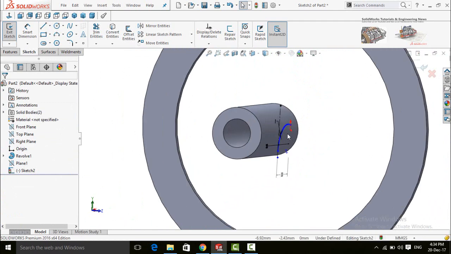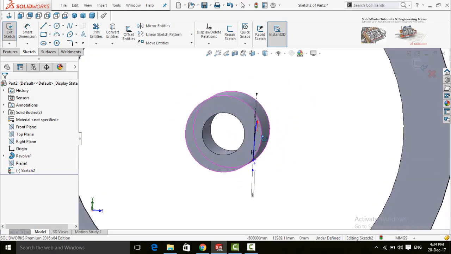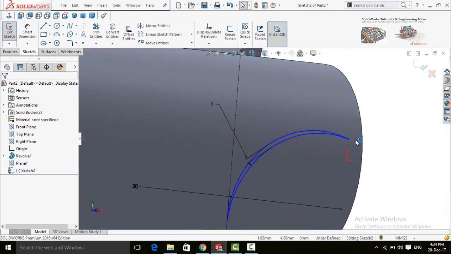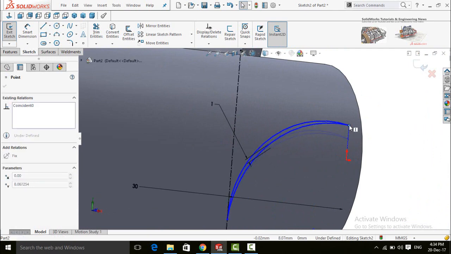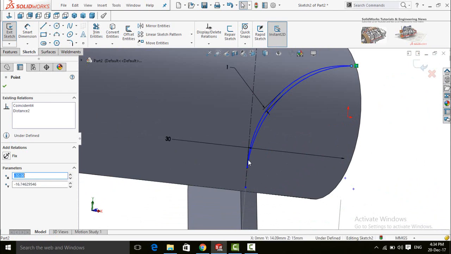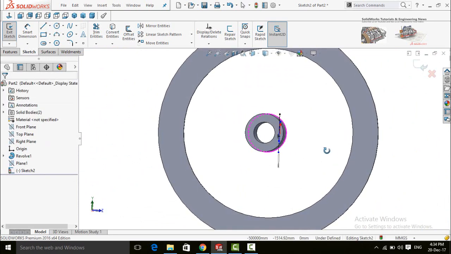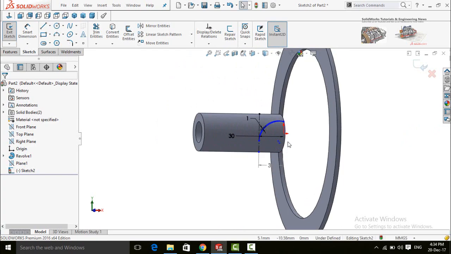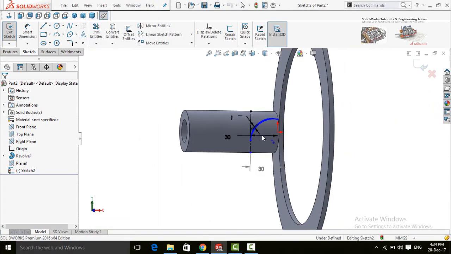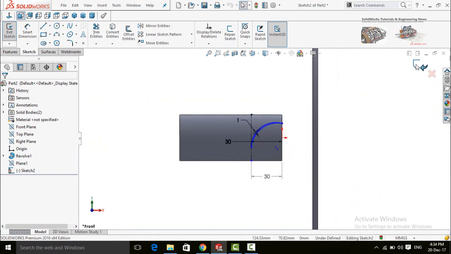Now check whether our arc is outside of this part or inside. So it is outside of this. Now this is okay. Press the space button and select this view orientation. Now save and exit from sketch by pressing this button.